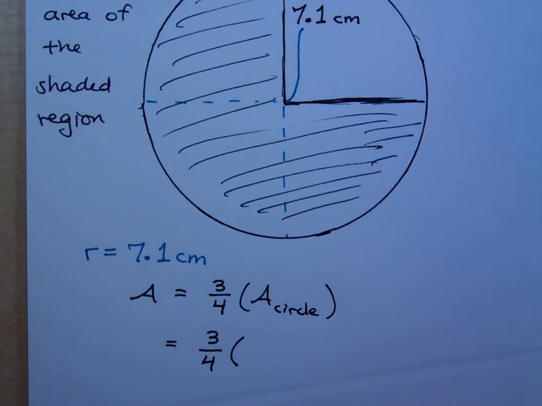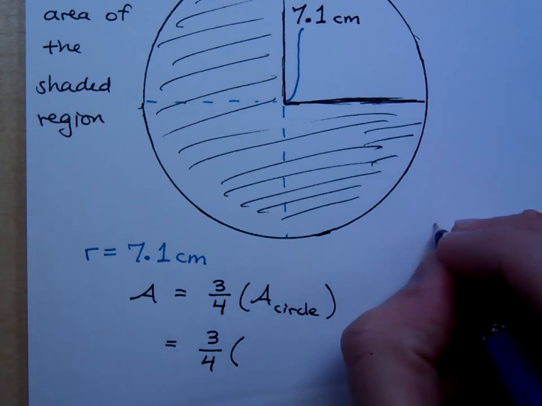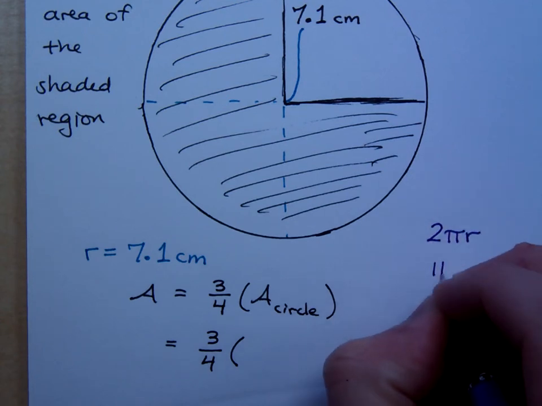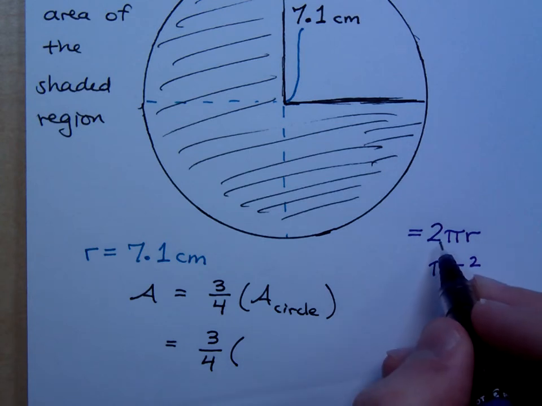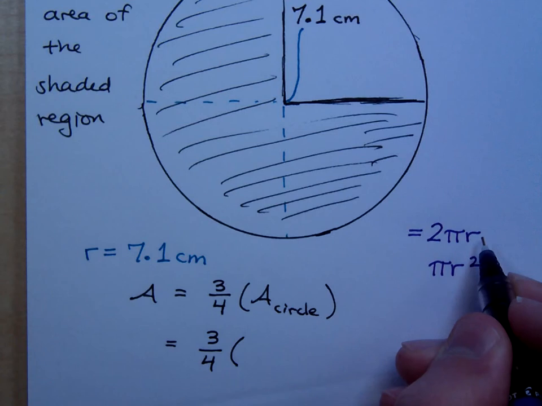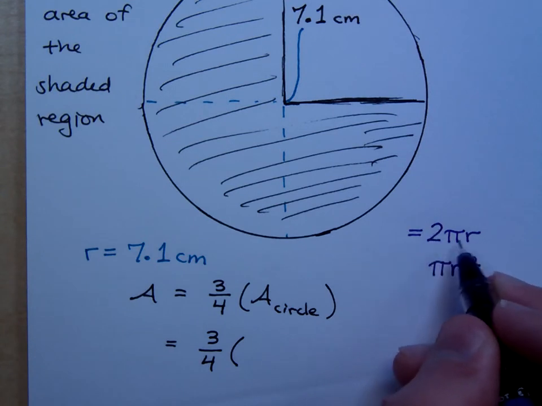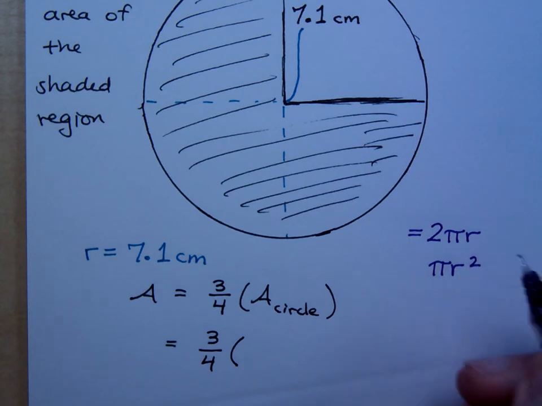Now, there are two things that we need to be very careful about. A lot of students remember 2 pi r, and they remember pi r squared. But these mean two different things. What is 2 pi r? If you're not sure, think about the type of units that you would have here. 2 is just a number. Pi is just a number. Radius carries units with it. So this would just be number units. That's a linear measurement, so that has to be